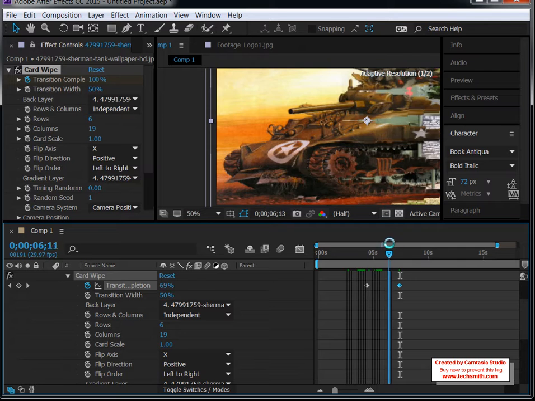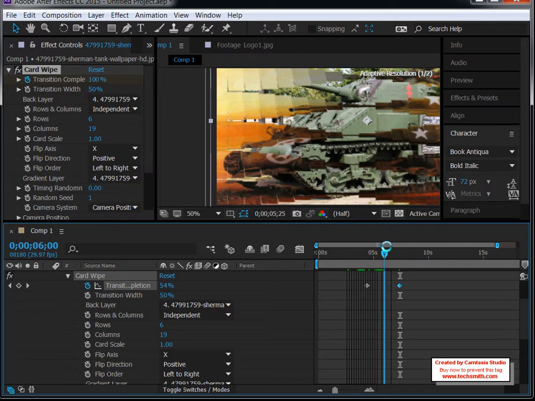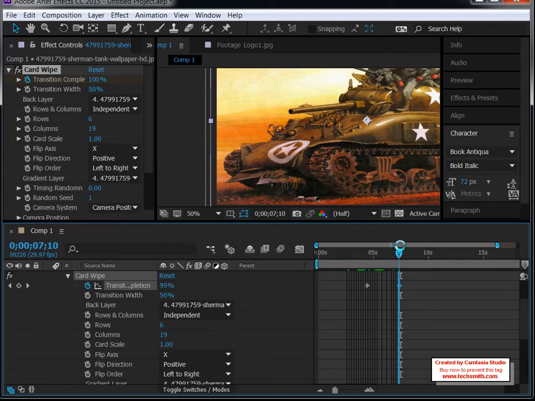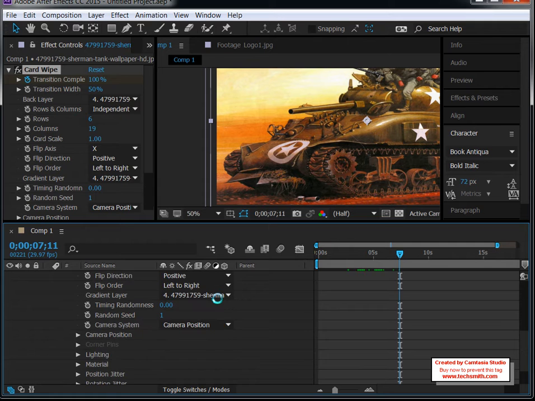Oh, actually, this is just a wipe there, and then now I have to change something else to show the top layer. So I don't want this effect in this second position. So probably there's opacity, or